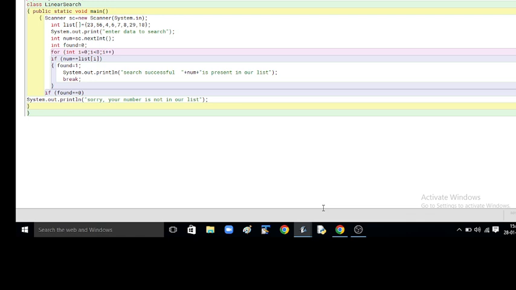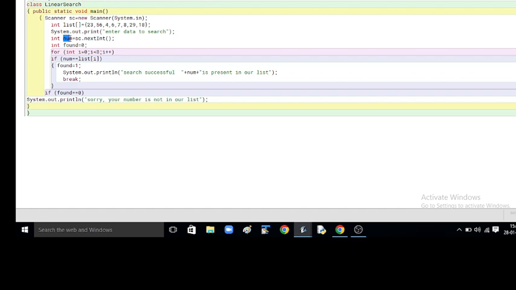So in this program we'll see linear search, where you have a list with some elements, and we want to search for our data in this list. This list we can get inputted from the user, or in this program I declared some variables in this list. Few numbers are here. Then I am saying enter data to search. Here in the variable num you will enter that number which you want to search in this list.